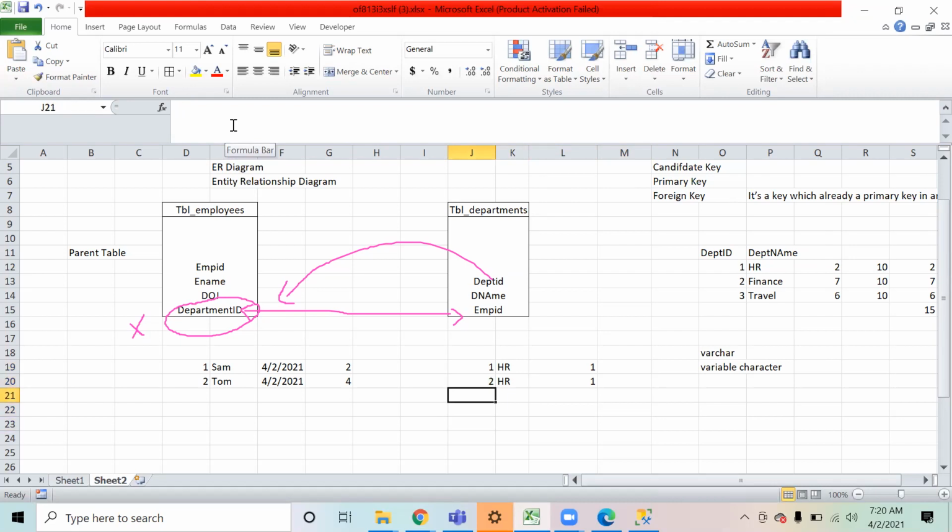So now if you want to create it, you can create this over here. But now what will happen is, these two tables can be connected only on the basis of employee ID, because department ID over here will not be able to have unique data. So it cannot be a primary key. So you will only have a chance of creating this column as primary key. You will be able to create the relationship because both are primary keys now. If you have employee ID over here and employee ID over here, both will be the primary keys in this table. So the relationship can only be established on the basis of these two columns, which will not be of a lot of use over here.